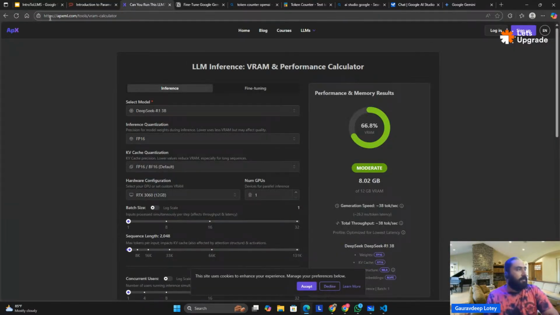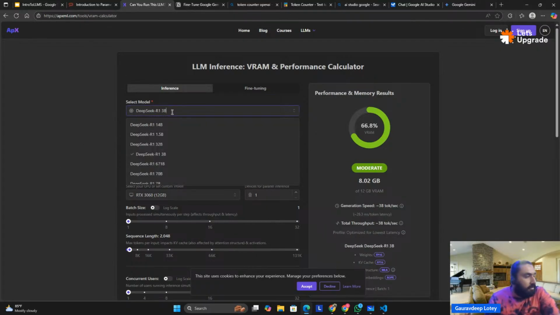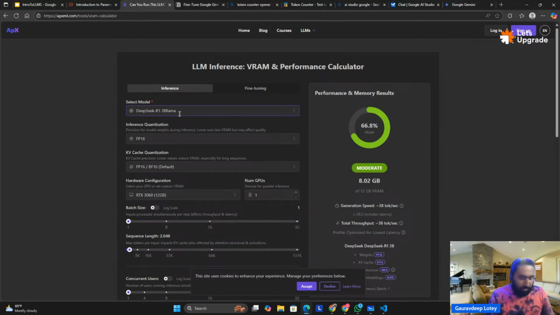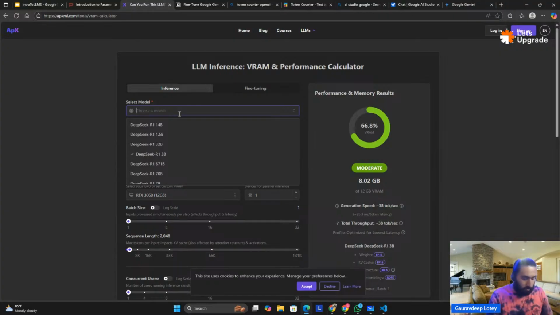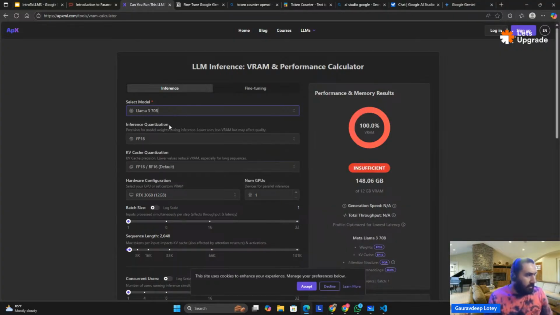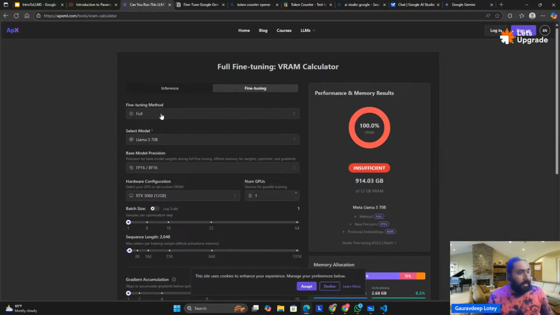So for example, there's a website such as AMXPL. If you go here, there's a VRAM calculator. So for example, if we have to host, say, a Llama model, I'll just go for the Llama 70 billion model, okay? And I'll go for fine tuning. I'll go for the full method, okay? And just to fine tune this model, I need 1000 GB of RAM, okay? So just imagine this kind of machine will cost you in crores, okay? This is crores and crores of rupees which will cost you just to run this model,